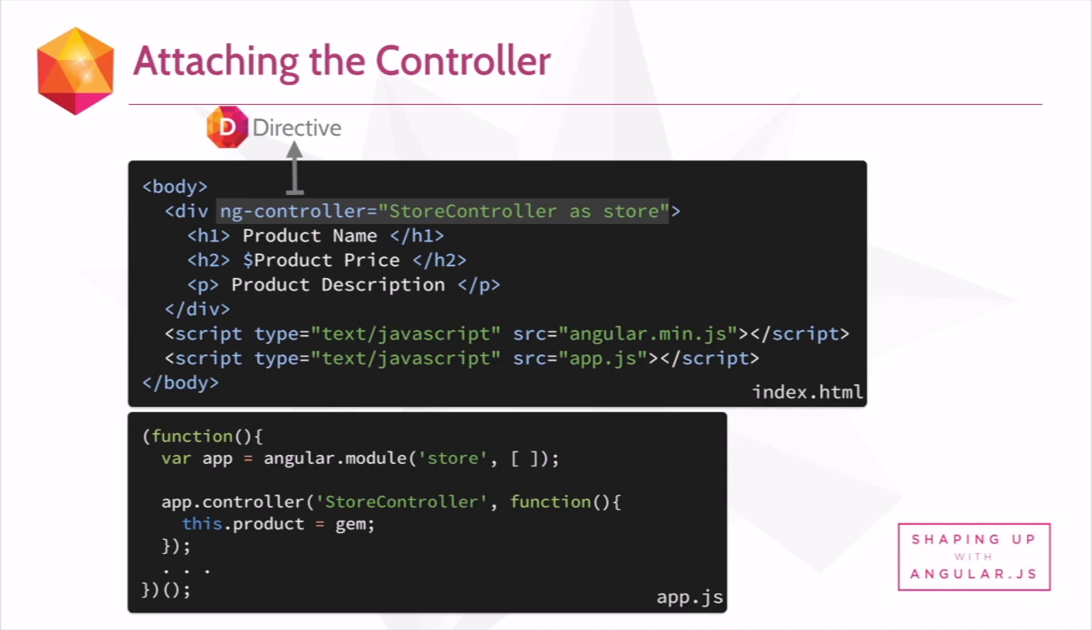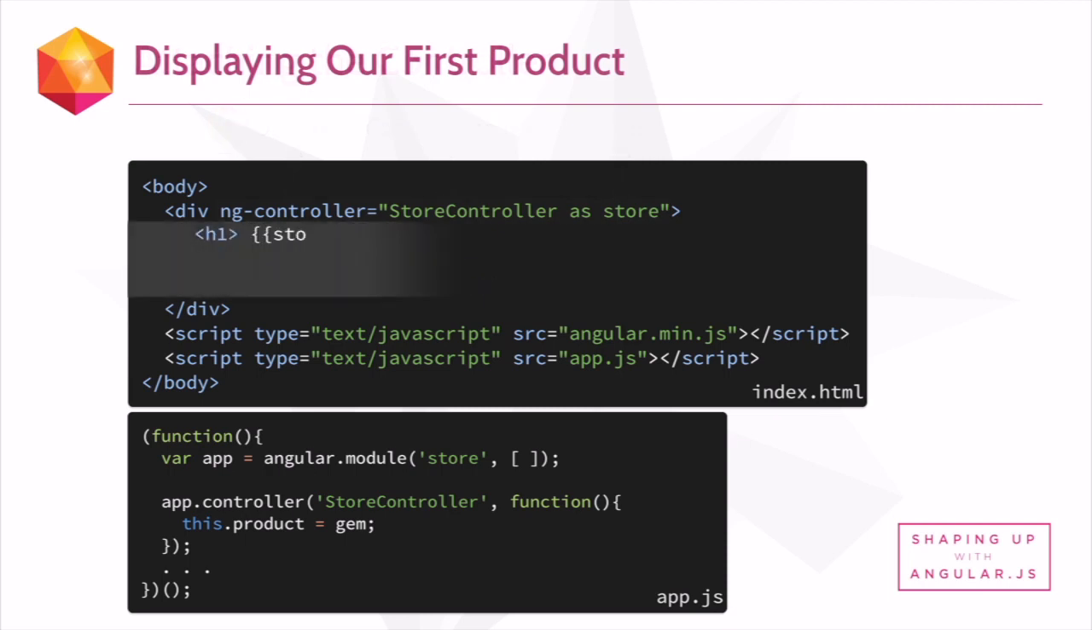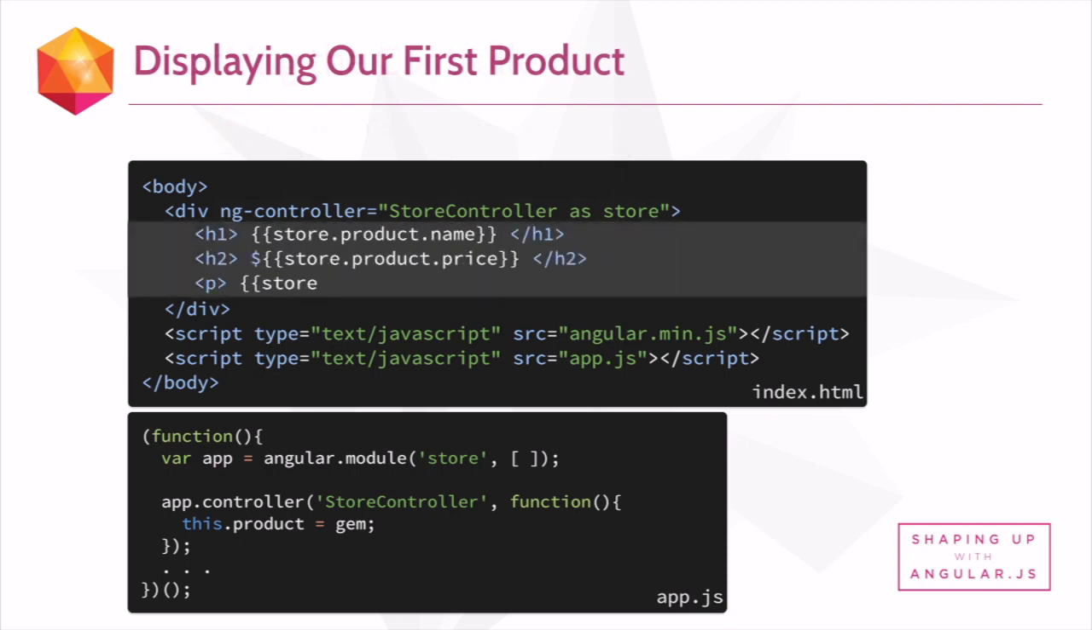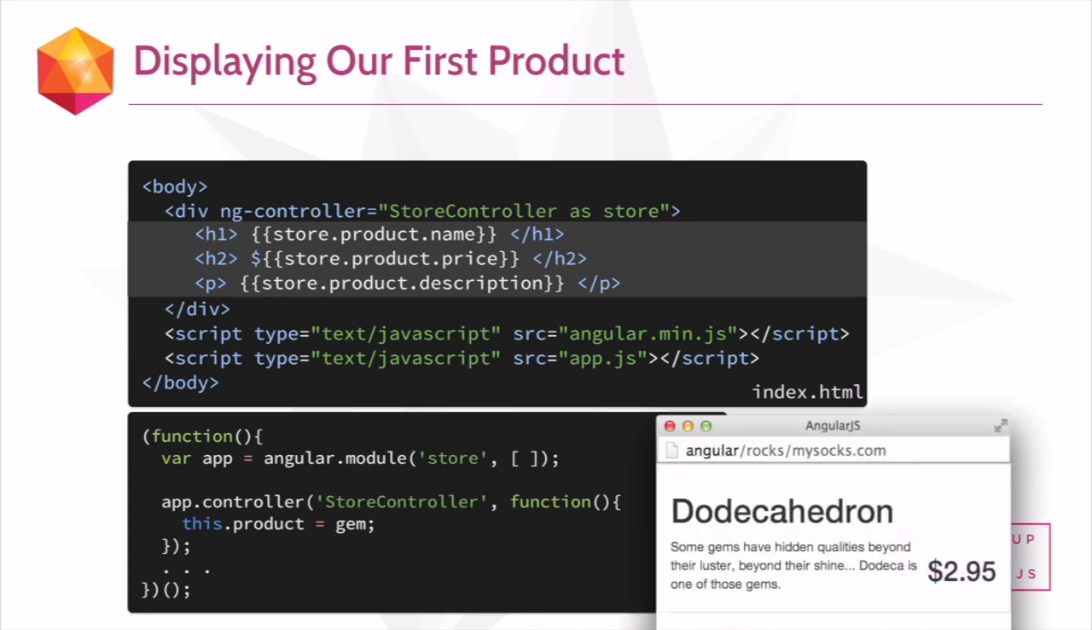As the value of this attribute, we'll write the controller name, in this case StoreController. We'll use the keyword as, and then specify an alias for this StoreController, which we'll use inside of our expressions. Then, inside of our expressions, we'll write store.product.name to access the value we want to print out to the page, and then store.product.price and store.product.description. If we call up a browser, we would see that it properly prints out the values from this JavaScript